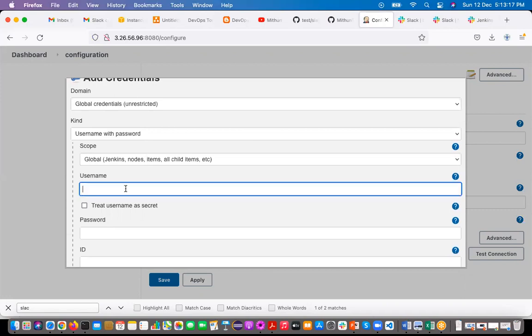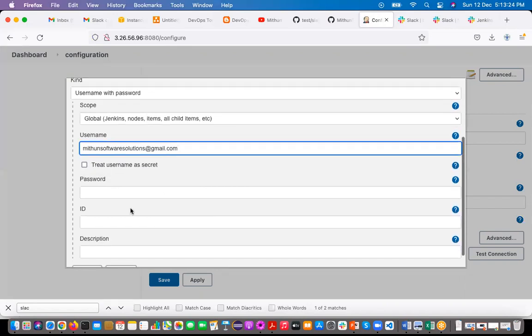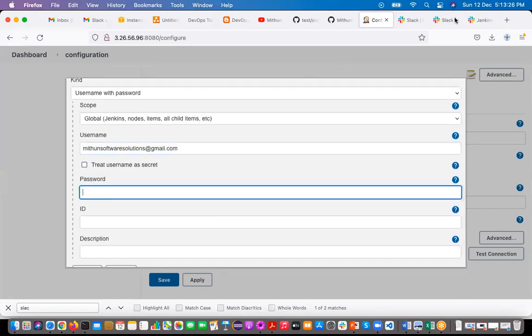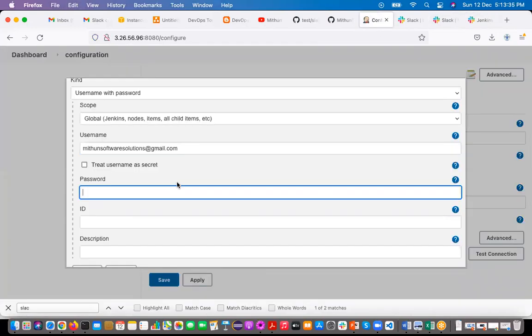Username. So username is Mithun Software Solutions. Then password. So you can take this one. This is the secret key. Okay.